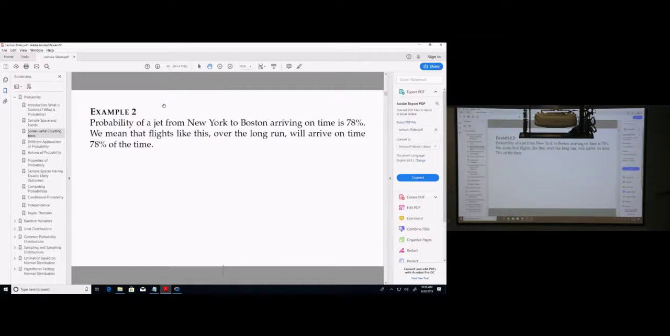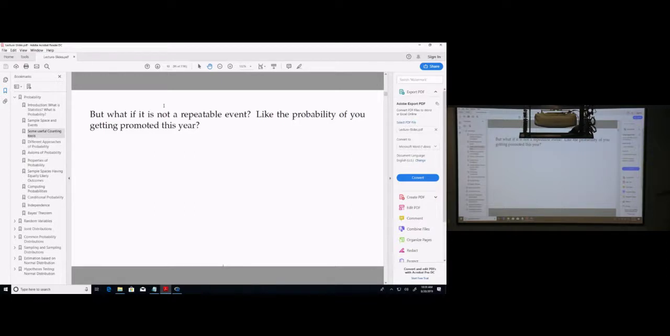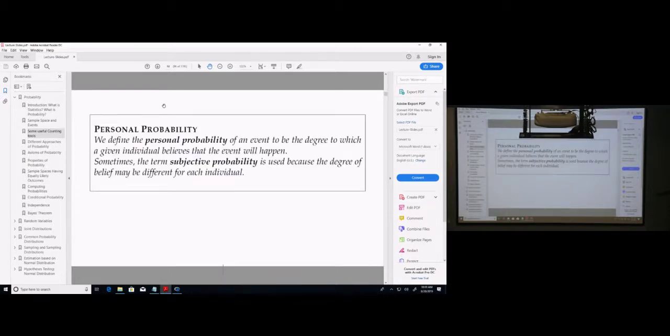So whether you should lump them together and do the estimate. This requires some thinking. But what if the event is not repeatable, like the probability of you getting promoted this year? We define the personal probability of an event as the degree to which a given individual believes the event will happen. Sometimes the term subjective probability is used because the degree of belief may be different for each